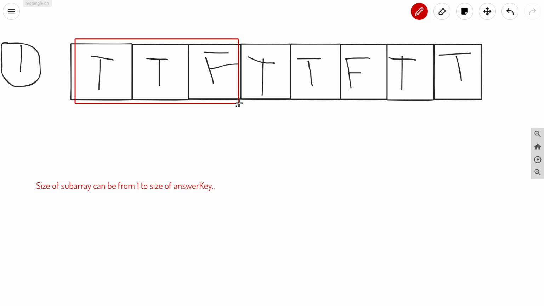If it is valid, then we will return true, otherwise we will return false. Say I am taking the window size as 3. We will check for this size whether the condition is valid or not. Count t is 2, and count of f is 1.